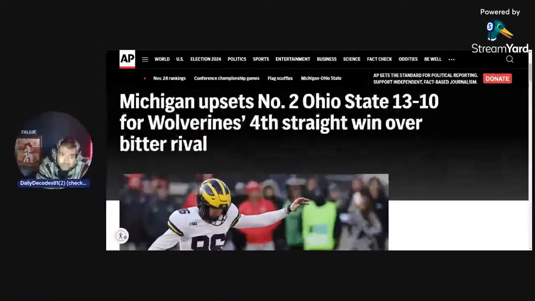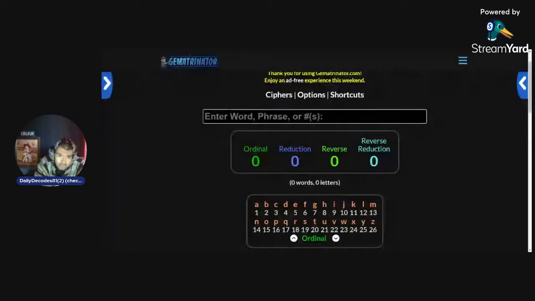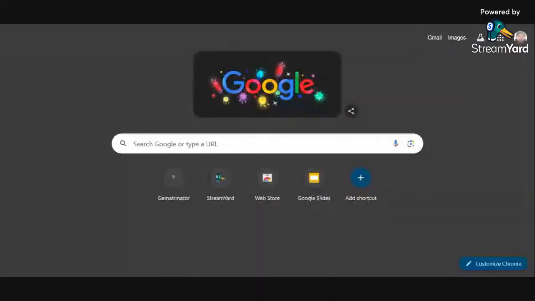So, I want to look at the article, and obviously we have the calculator here. Okay, so you see right here we have these 4 base ciphers. Okay, and you see the gematria calculator. You'll see it to the top left there. And let me open another tab. Okay, you're seeing this. Now check this out.